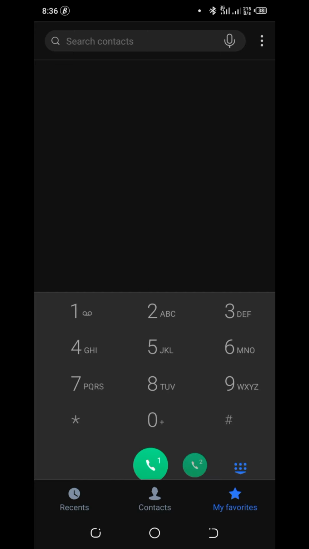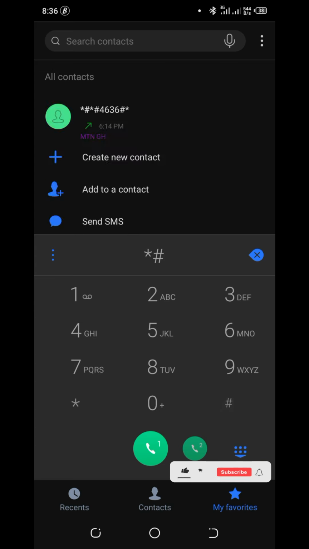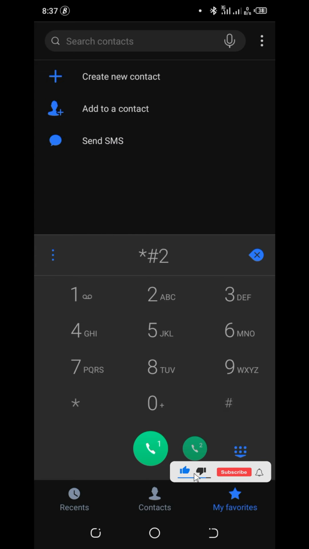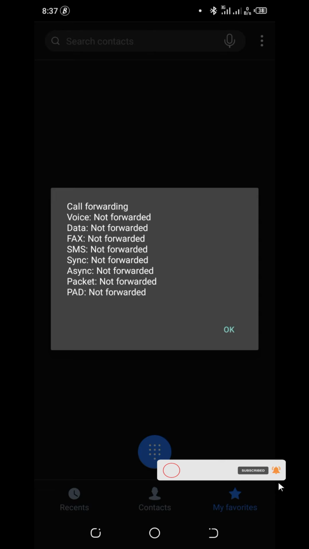where you bring out your dial pad, and then there's a simple code that you tap. You tap star, then hash, then 2 1, hash, and then you dial. Good. You see, we've got a little menu here which is telling us that the calls are forwarded, voice not forwarded,